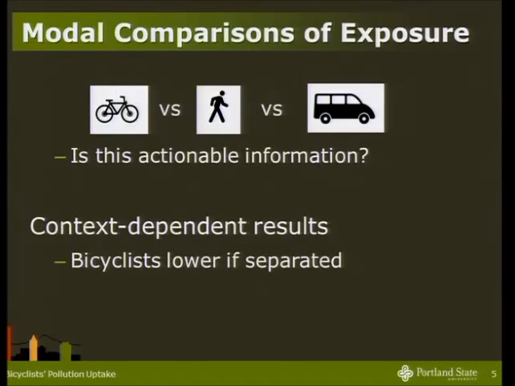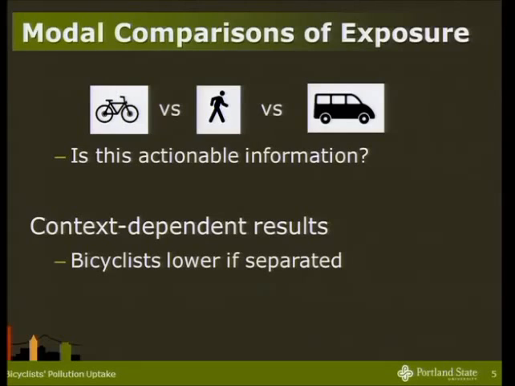But a little more than half of the studies have really focused on the question of modal comparisons. So the core study question was, which travel modes have the highest and lowest exposure concentrations? And this is interesting from a kind of a scorecard point of view, but it doesn't provide a whole lot of information for transportation professionals about mitigating travelers' air pollution exposure, other than encouraging mode shift to one mode or another. But there has been a lack of analysis of the intramodal determinants of exposure concentrations. In other words, what are the roadway characteristics and travel characteristics that lead to higher or lower exposure concentrations for someone who's already chosen a certain mode?